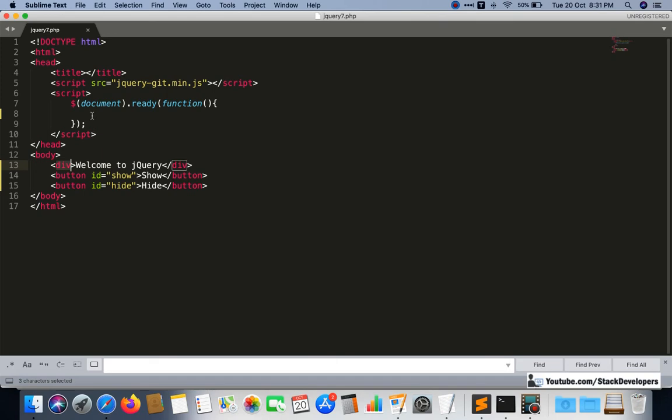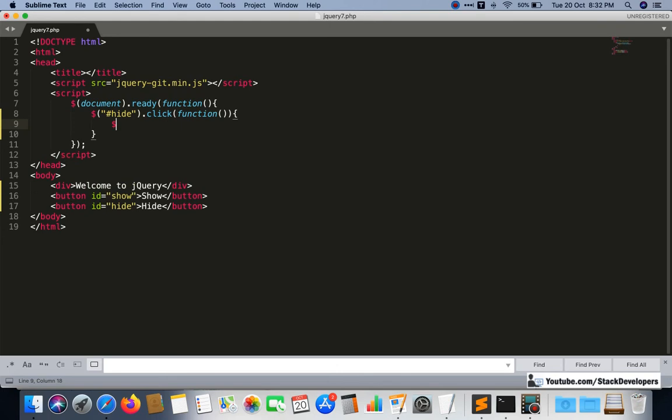Here, if the user clicks on the hide button, hide is the ID we have taken. If the user clicks on the hide ID, then in the click function we are going to hide the div.